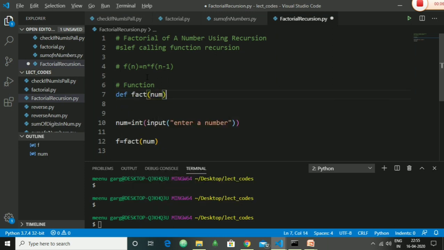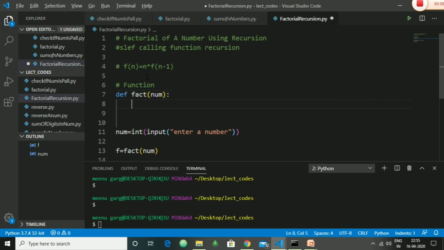So now we need to define the base case. Two things are very important when using recursion: you must figure out that self-calling function, and the second one is the base case. If you have figured out both these things, recursion is just a breeze. You just have to write the code and all the magic is going to happen.